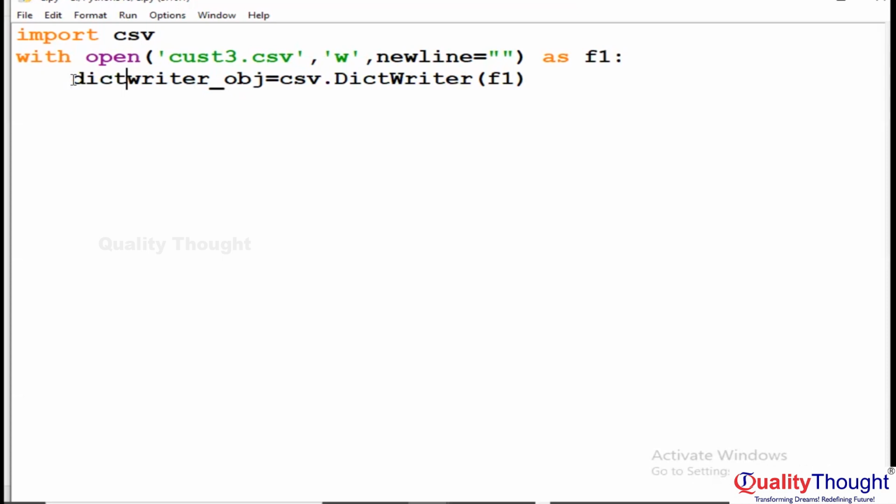Meaningfully, the DictWriter object. Next, the DictWriter object takes the field names equal to what the field names are, customer ID,